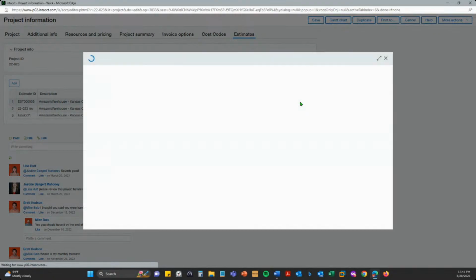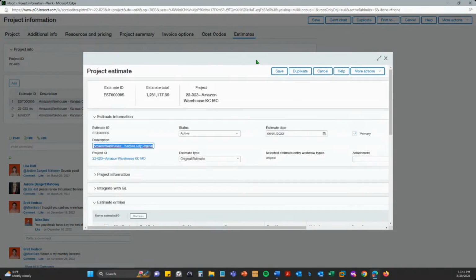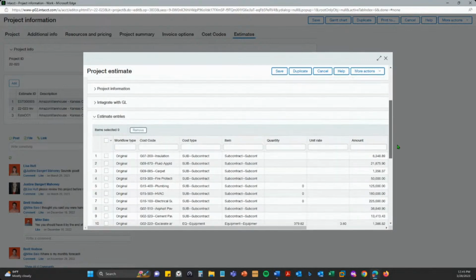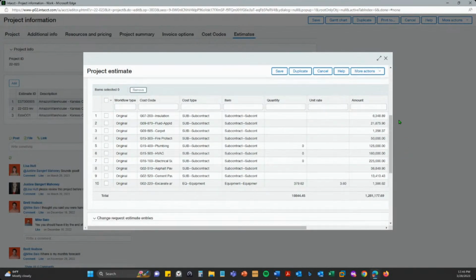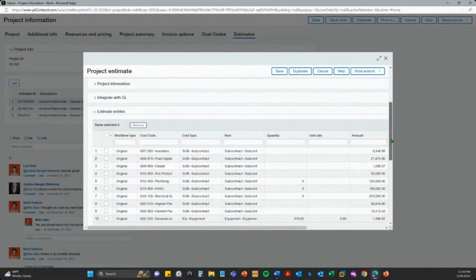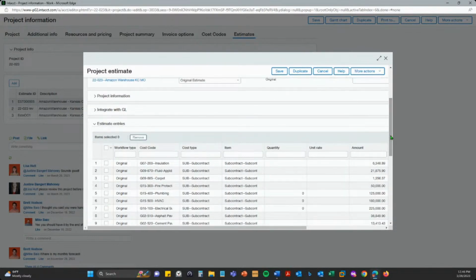Also, estimates can flow over from Sage Estimating. So if you're a Sage Estimating user, with the push of a button, it'll set up the project and push your budget in there. So this is the project budget that we have set up for this specific project.